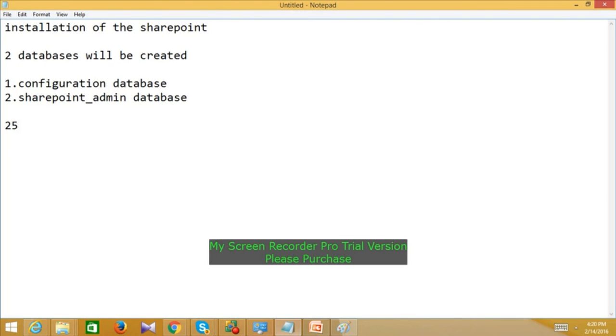Each session will be 45 minutes to 1 hour, so you can consider 1 hour. So it's going to be about 25 hours. Yes, exactly. If it is SharePoint central administration, it is 25 sessions; if it is development, it will go to 35 sessions.